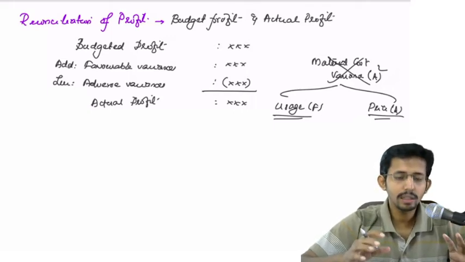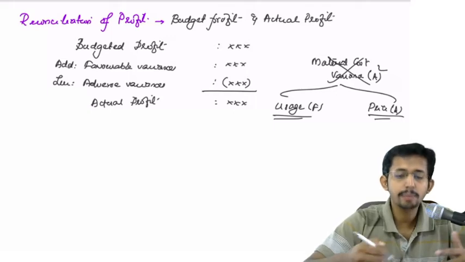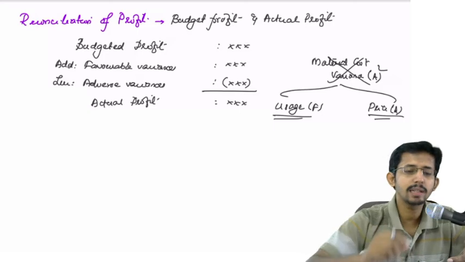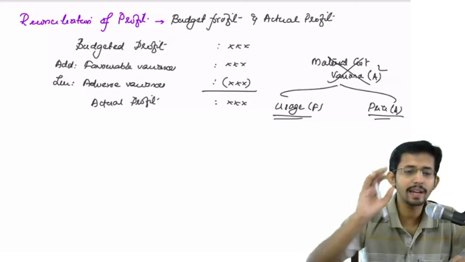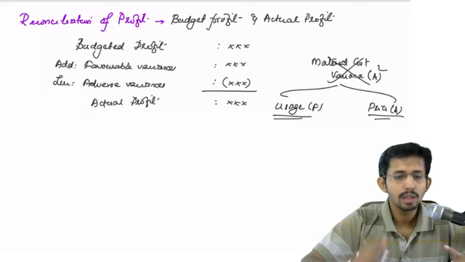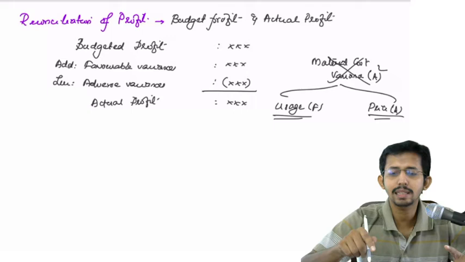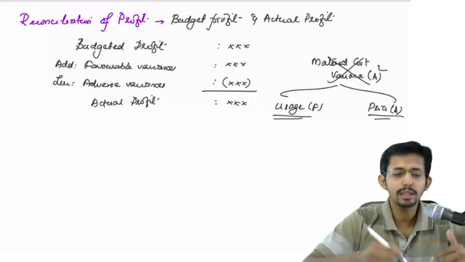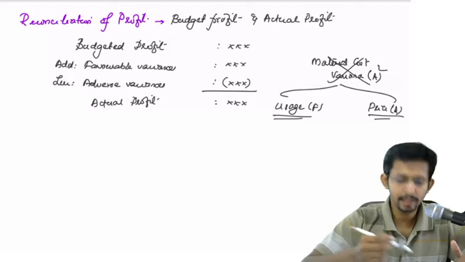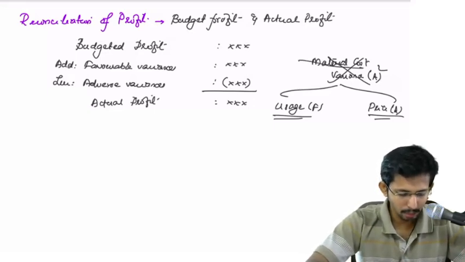Ideally, whenever we have subclassifications, those subclassifications of variances have to be considered, so that you will get a fair idea as to why these variances happened. Always keep in mind there should not be any duplication. If there is any duplication, then you will not reach the correct actual profit. So this is how you do the reconciliation. We will do a problem, and with that it will be even more clear.